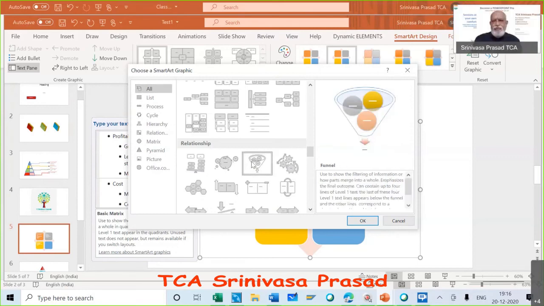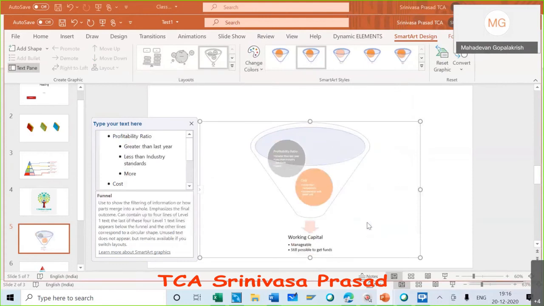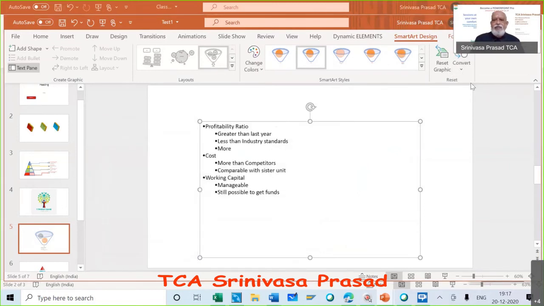Okay. So what is that, in the same presentation, in the same slide, connecting 2 or 3 more bullet points? Of course, we can always do that, but we can convert it into a shape and then shift it. If you see, let's get back to the bullet only. 1 second. Convert to text. Okay, sir.